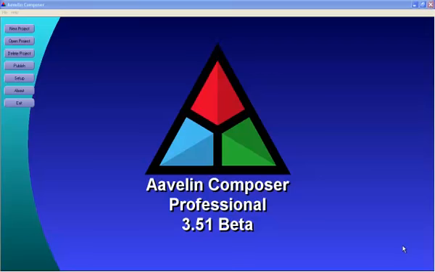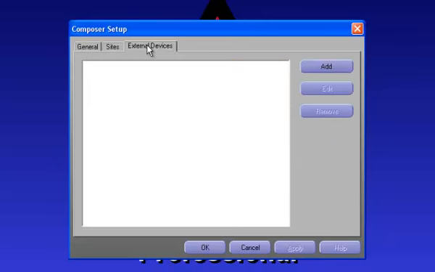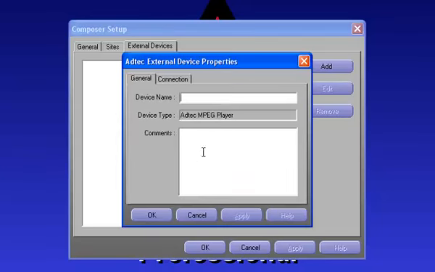In Composer, there are a couple of things that have to be done before we can add clips into our project, so let's take care of those first. Let's click on the Setup button. First, we need to go to External Devices, and this External Devices tab is referring specifically to Adtec players, so we'll need to add one. We will select Adtec players as the type and click on Add. We'll give it a name that's appropriate,